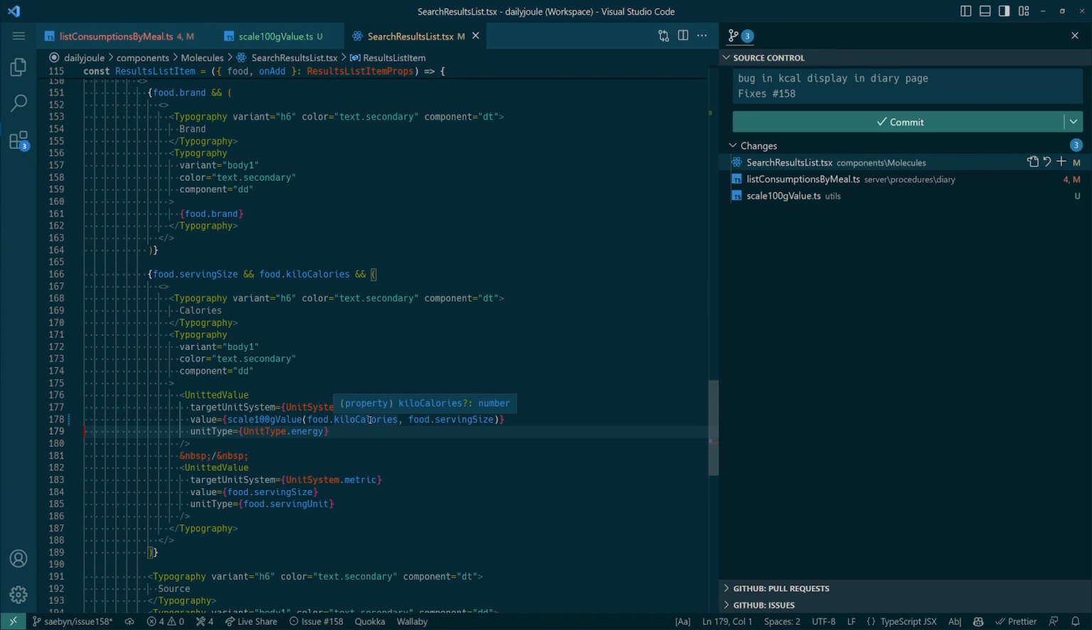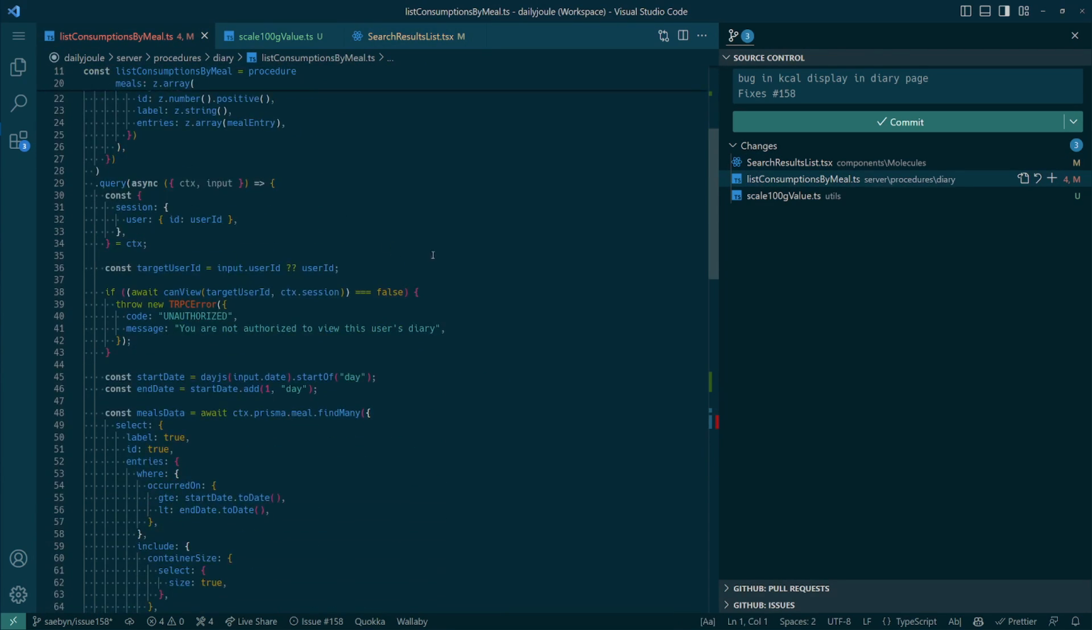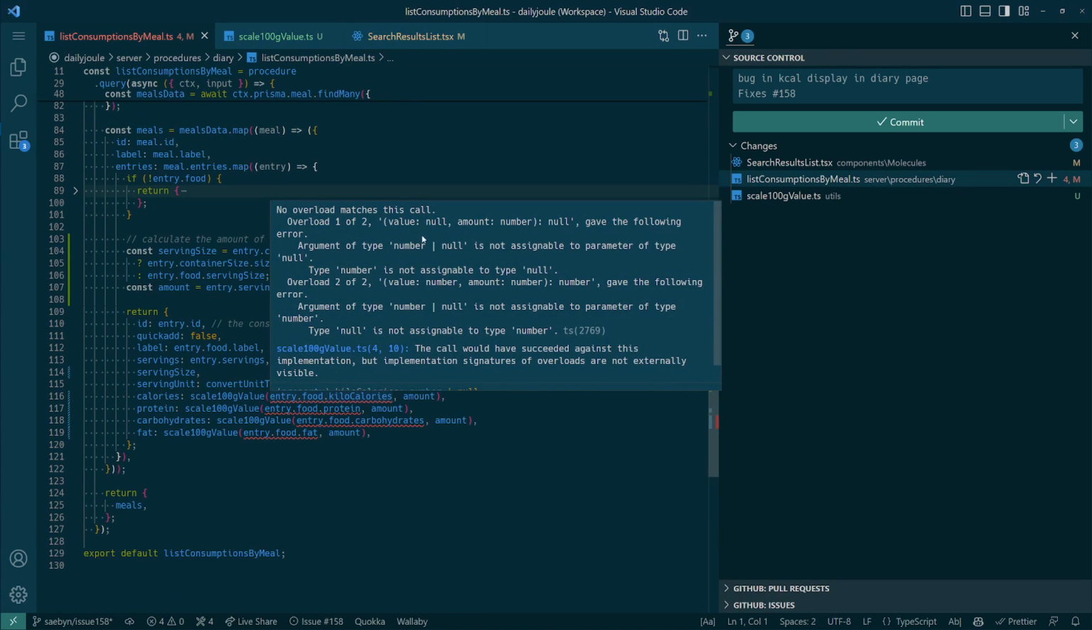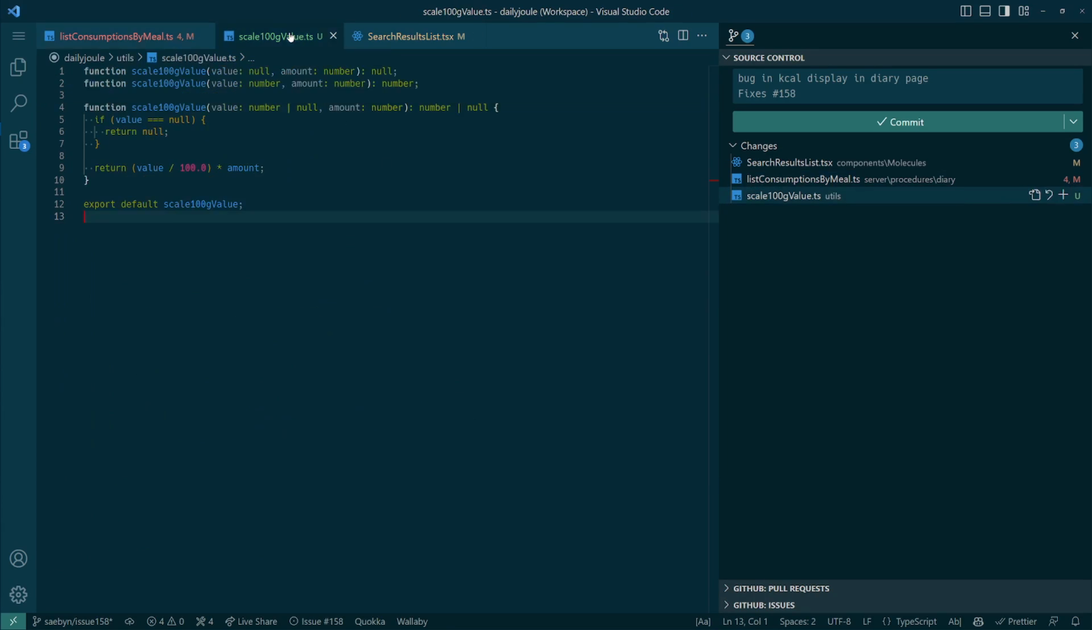So we know kilocalories. I guess we don't. If you pass in a number, you get a number. Interesting. So did that break code over here? Value null, amount number null. Type number or null is not assignable to type null. Number is not assignable to type null. Overload gave the following error. Okay, so can we